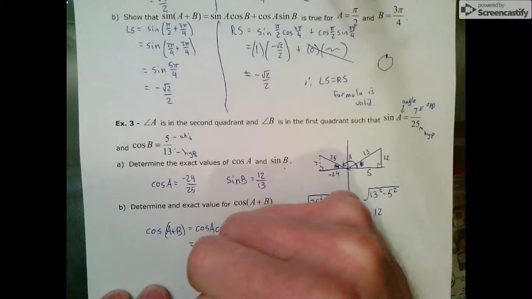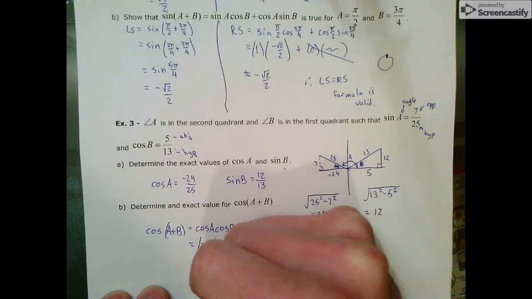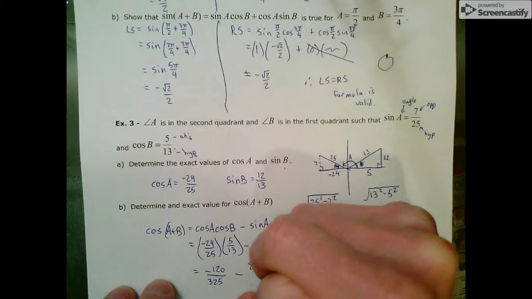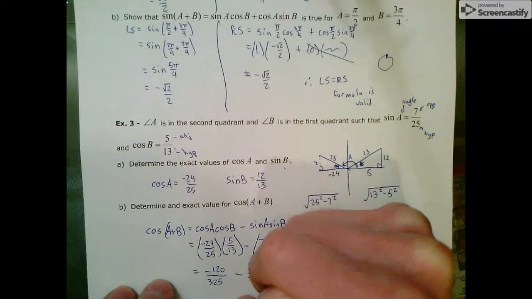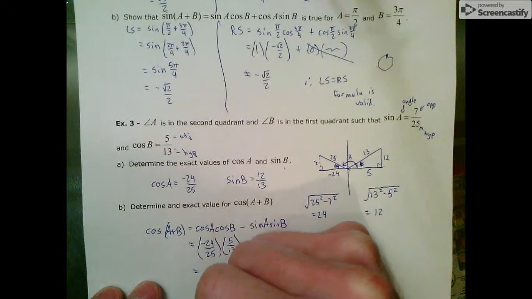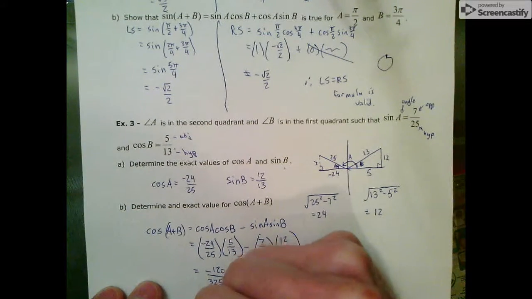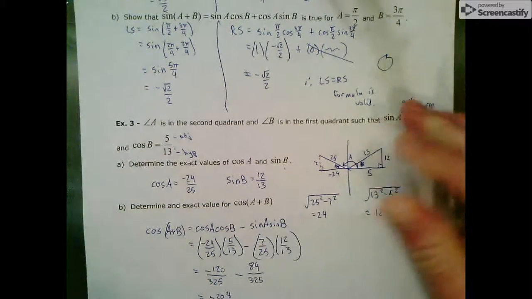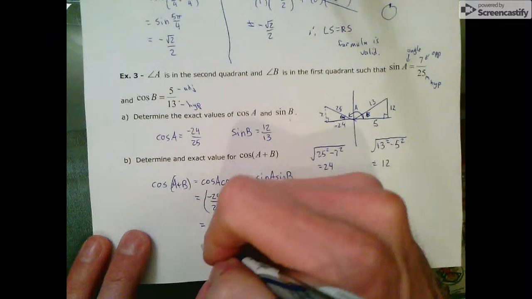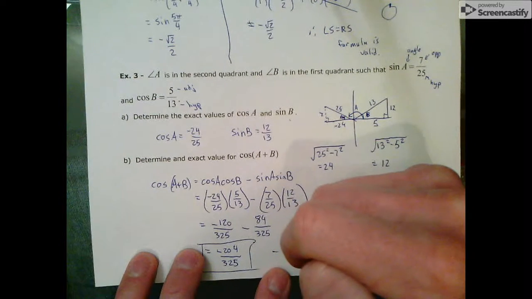So we get minus 120 over 325. Subtract 7 times 12 is 84 over 325 again. And negative 120 minus 84 is negative 204 over 325. There it is down here at the very, very bottom. And that is, in fact, our final answer. It is the ratio of